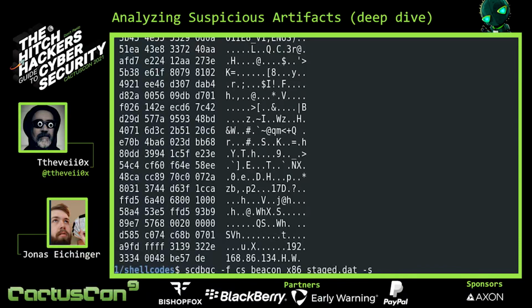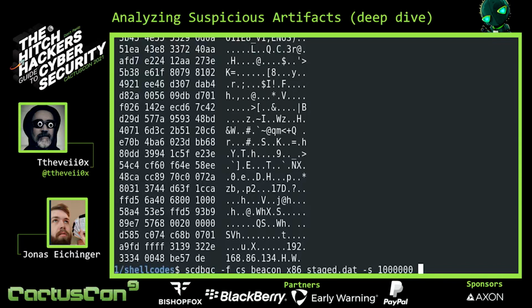So how many instructions it should step through for this shellcode. I found 10 million to be usually sufficient for most shellcode beacons that are staged. So this makes it basically stop the emulation after 10,000 steps, and that usually gives it enough time to get through most of the shellcode payload, at least the first initial